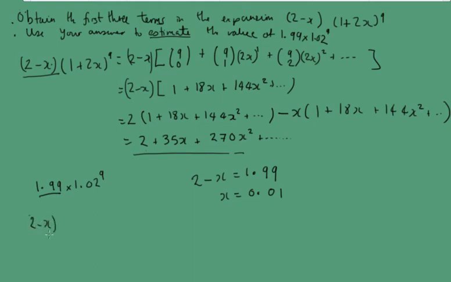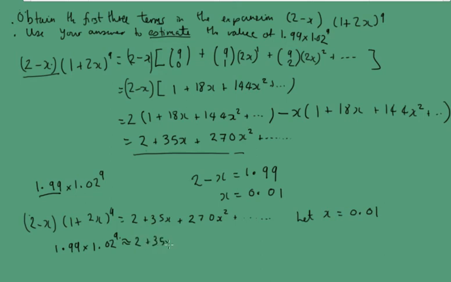So we've got 2 minus x, 1 plus 2x to the power 9, and we know that's equal to 2 plus 35x plus 270x squared plus something else. Now if we let x equal to 0.01, then we can get an estimation for this 1.99 times 1.02 raised to the power 9. So we're going to have 2 plus 35 times 0.01 plus 270 times